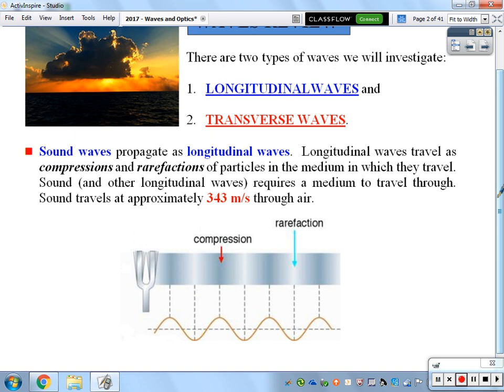Now sound, as it travels through air, travels at an average speed of about 343 meters per second. Which if we translate that to US speed, that's about 700 miles an hour. Is that a pretty fast speed of travel? Absolutely. But do understand that that could vary. And I'll throw it out to you. If we're talking about, guys, that the average is 343 meters per second, what are some factors that you believe could influence the speed at which that travels?